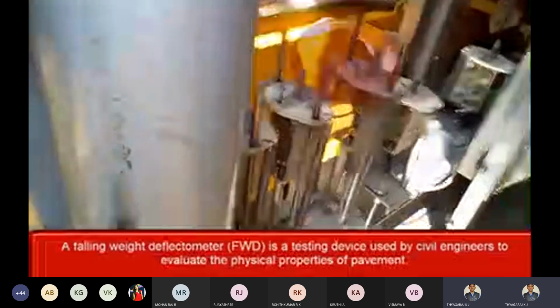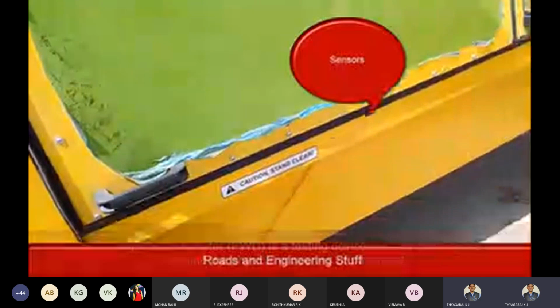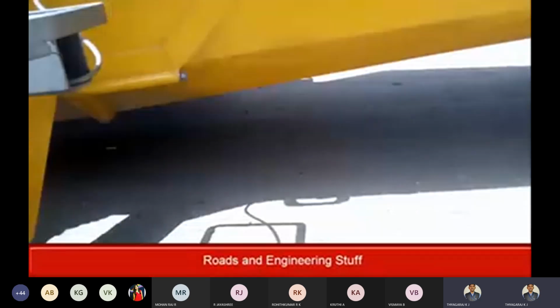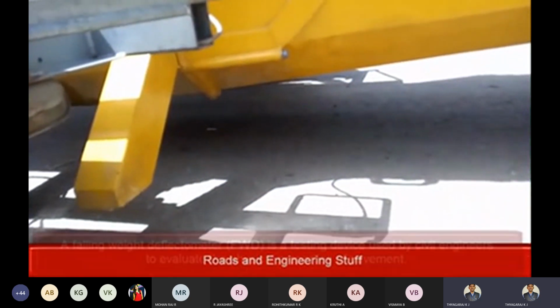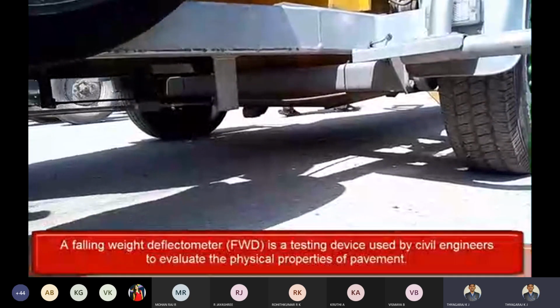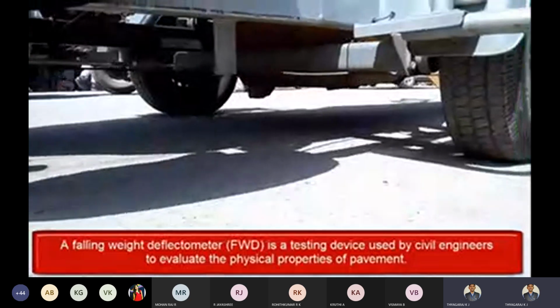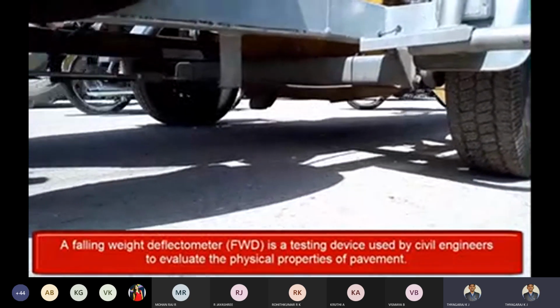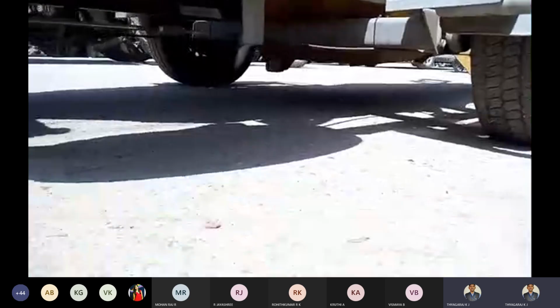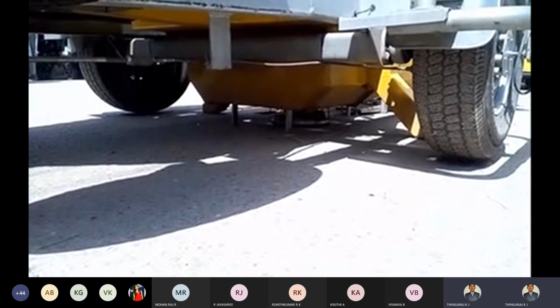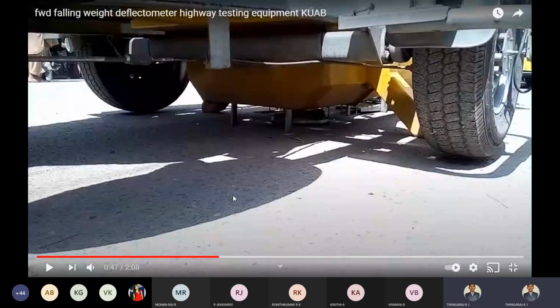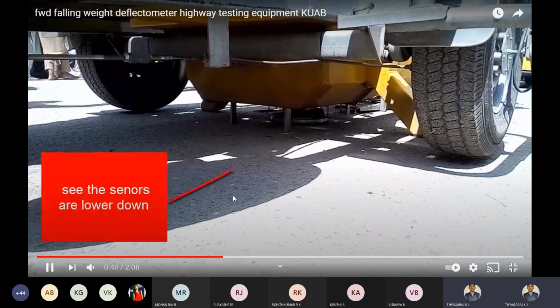You can see the falling weight deflectometer, the sensors. I told you, there will be a dynamic load applied on the plate. Again, I will show the other video.